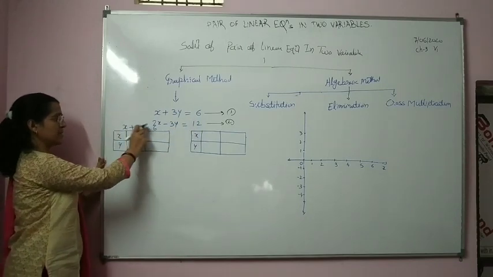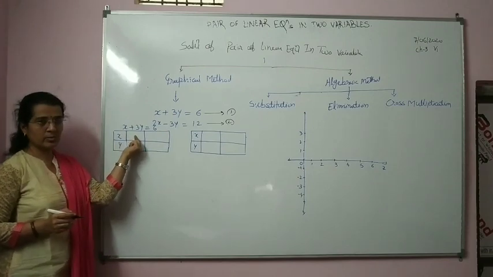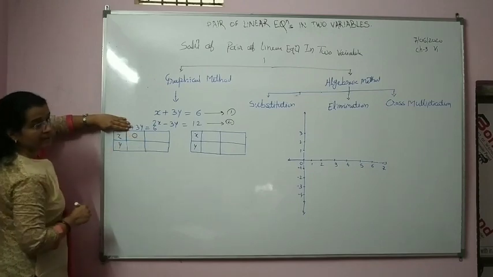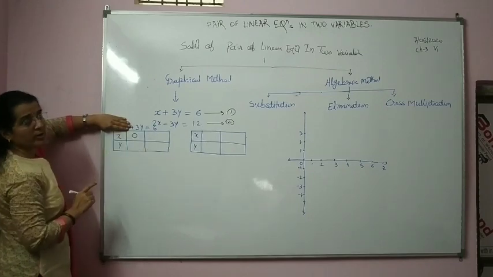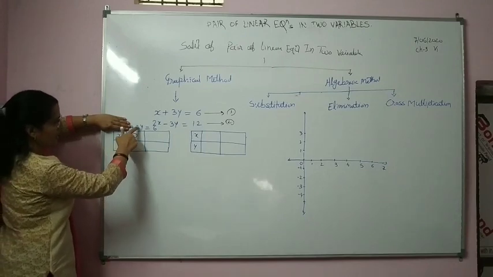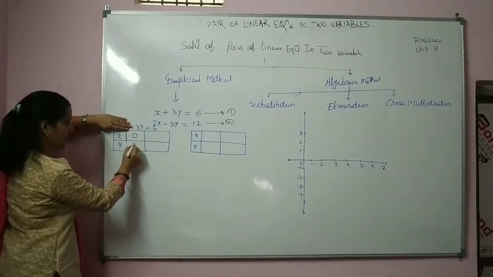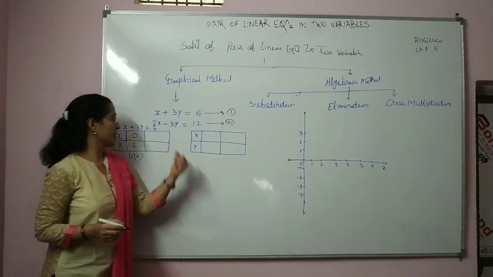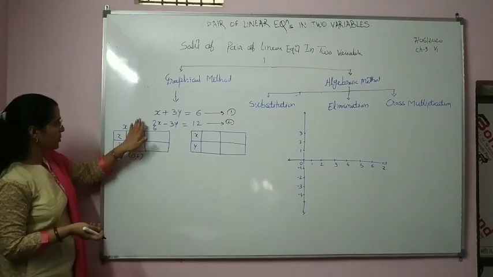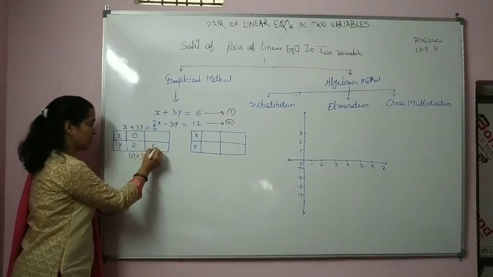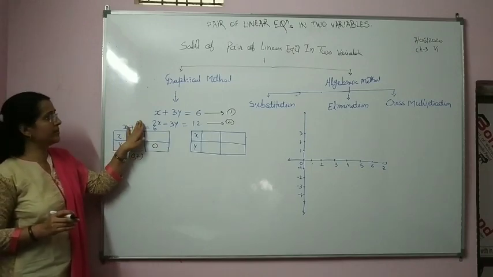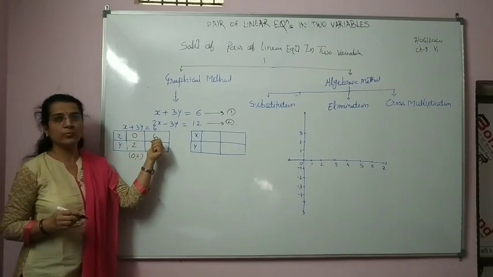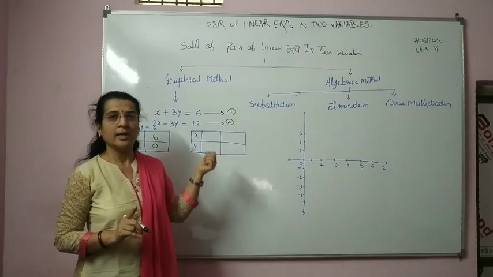So for x plus 3y equals 6, first take x equals 0. If you take x equals 0, put your hand here and you will have a linear equation in one variable. Then 3y equals 6, so y equals 2. So the first solution is (0, 2). Again for finding the second solution, put your hand here and take y equals 0. If y equals 0, then the whole part will be 0, and you will get x equals 6. In this way, it indicates where the line cuts the x-axis and y-axis.